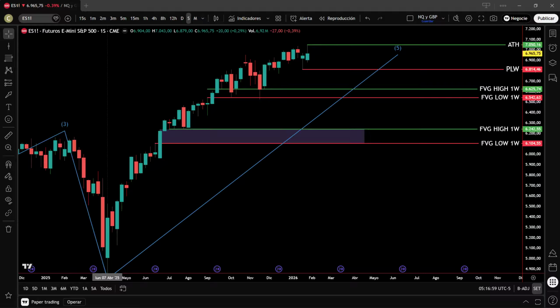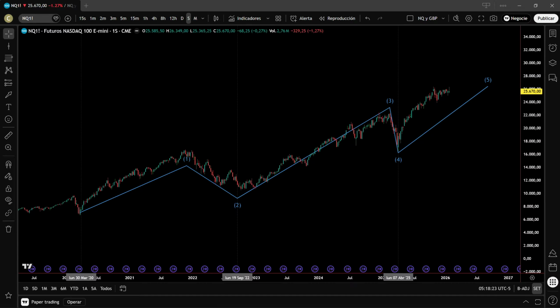On the upside, price is challenging its all-time high or ADH near 7,050 points. This level is not just technical resistance, but the primary target to complete the fifth wave of the macro cycle. As long as price remains above the PLW at 6,814, the bias is strictly bullish, seeking external liquidity capture at newly discovered record highs. We now move on to the tech sector by analyzing Nasdaq 100 futures on the weekly